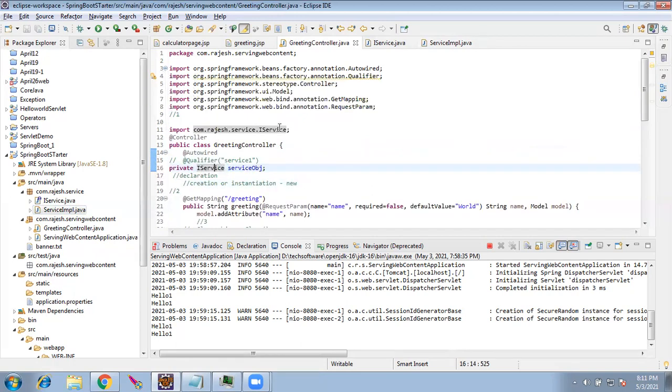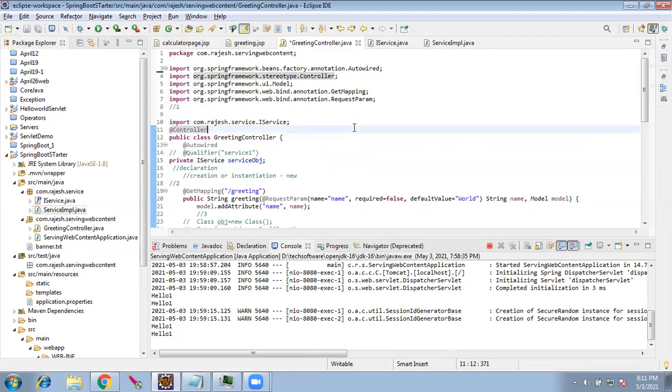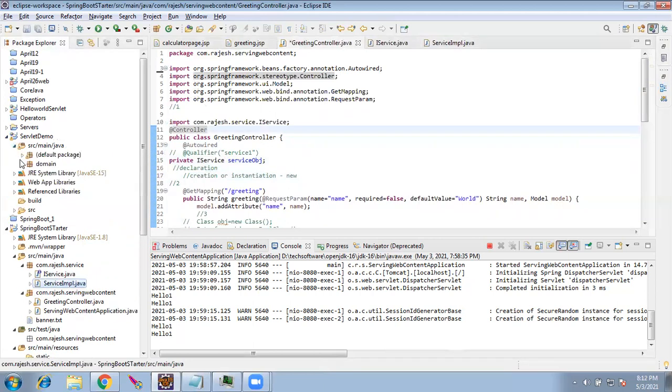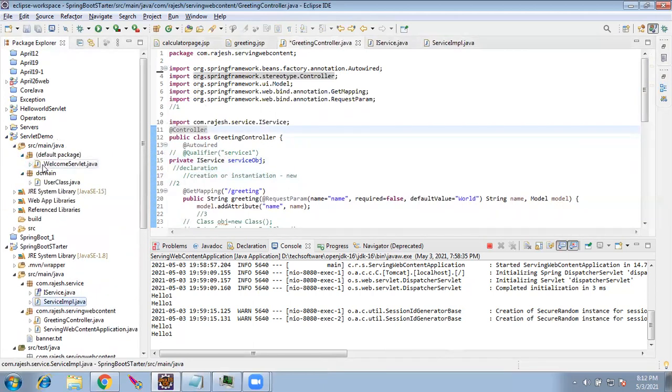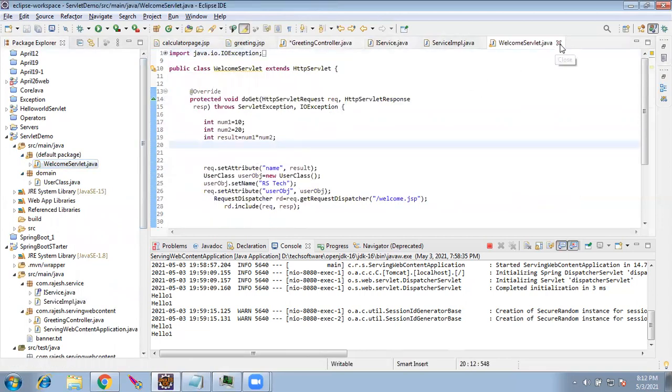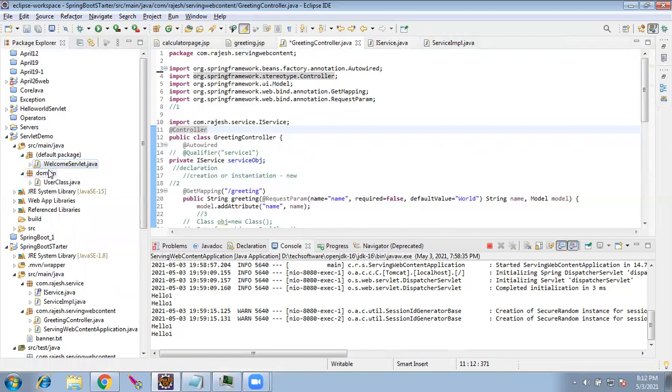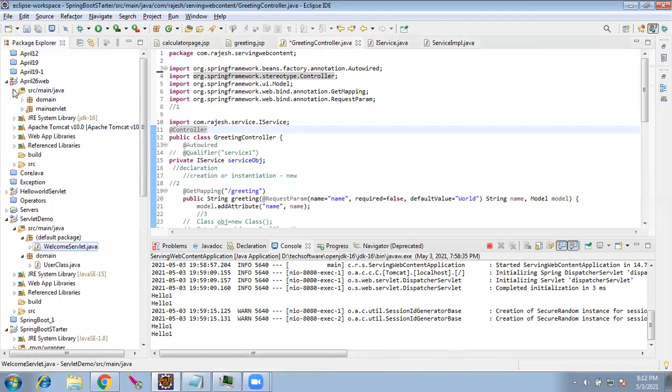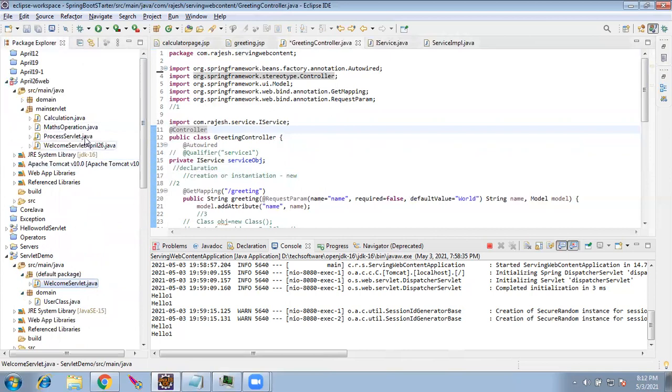Any question? I didn't understand. Okay, get it. Sorry about that. Let me open up the servlet. Not the welcome servlet. Yeah, I got what we are going to try to do. Instead of me telling you the answer, you see and you identify, it would be easy for you.